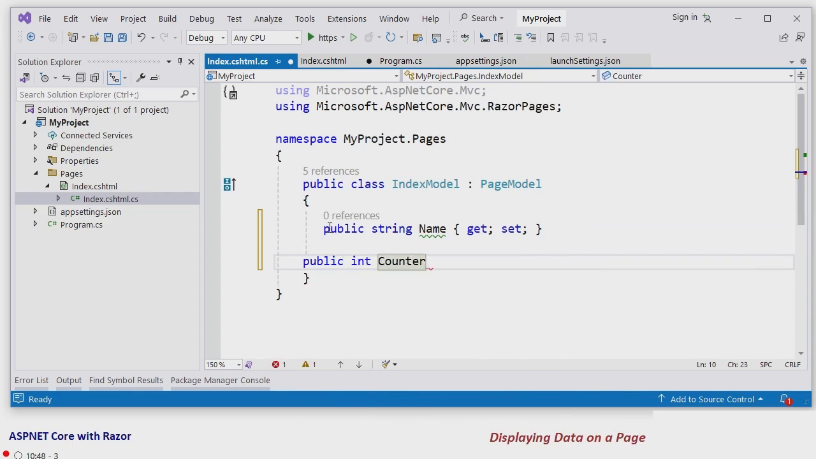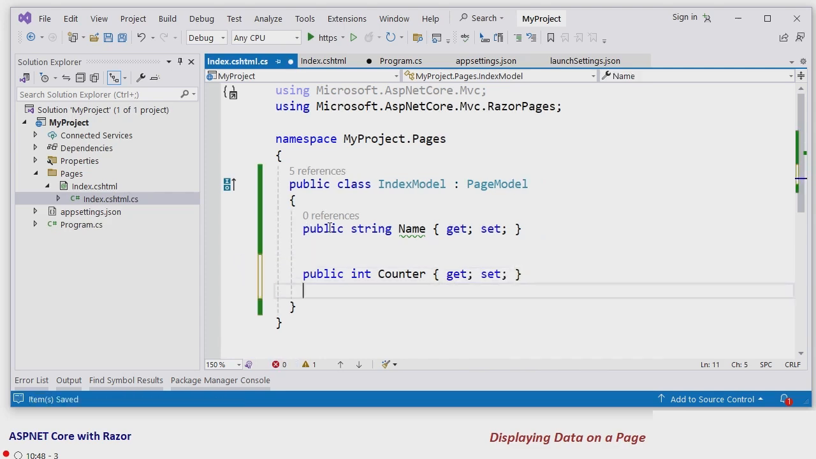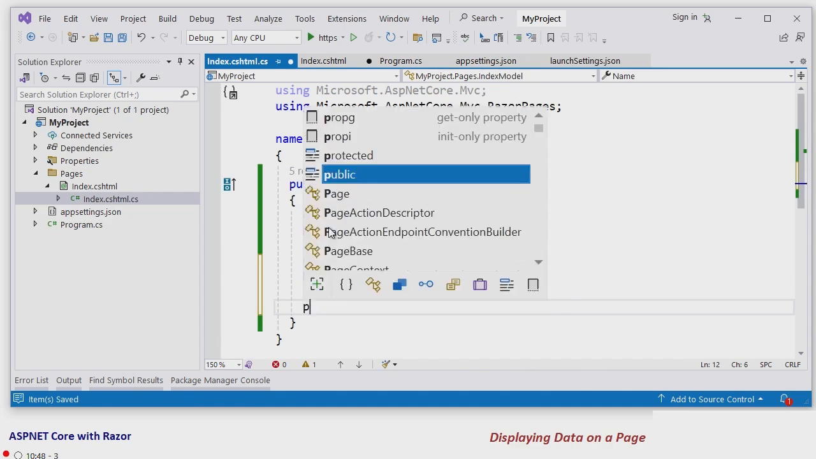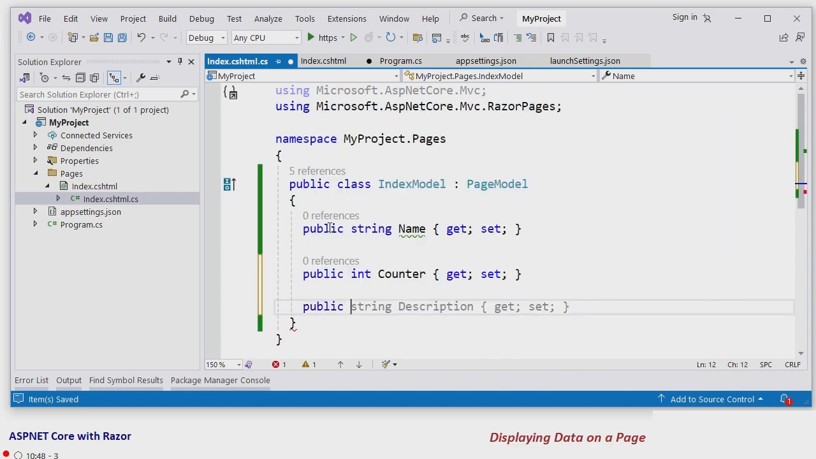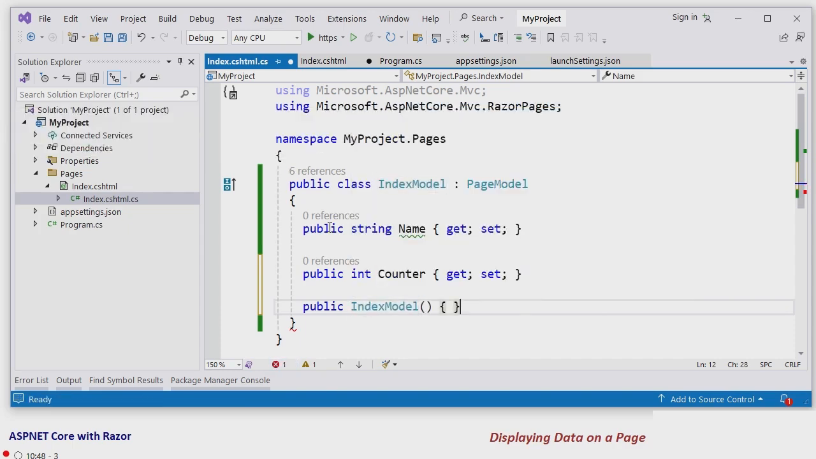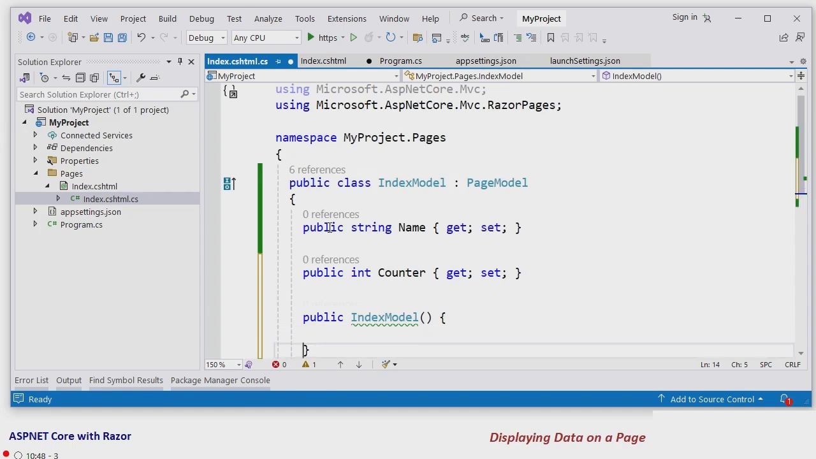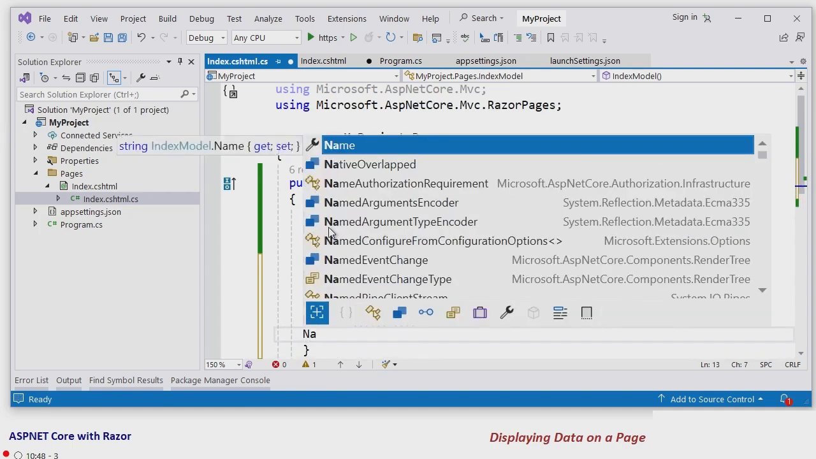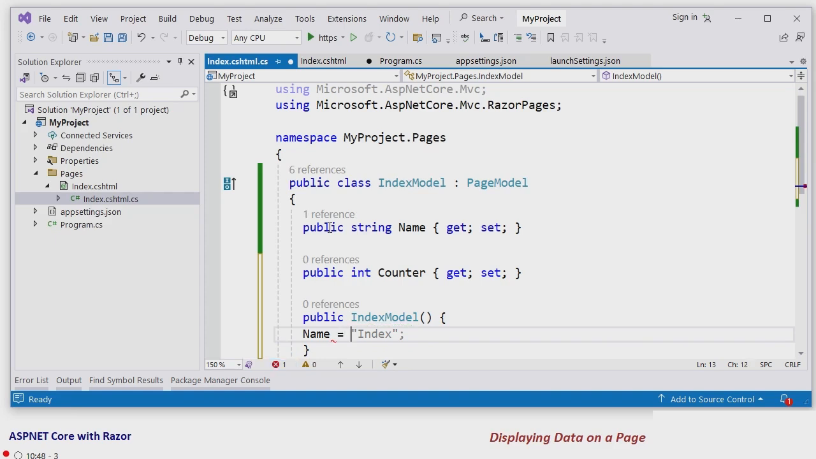We'll say it counter. We are adding any two properties. So these are the two properties that we have added, and then we'll add a constructor. Inside the constructor, we will set these properties to some fixed values because we are just learning, so we'll just write a name. The first and the counter property, we can set it to any number,